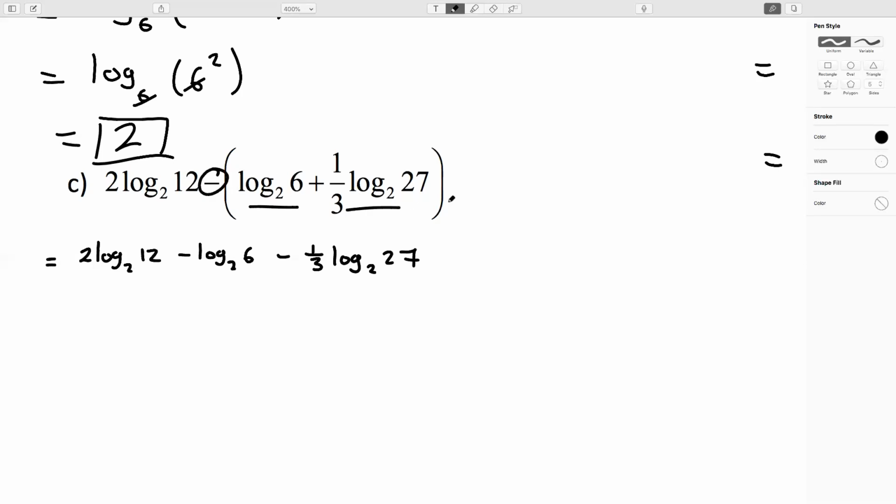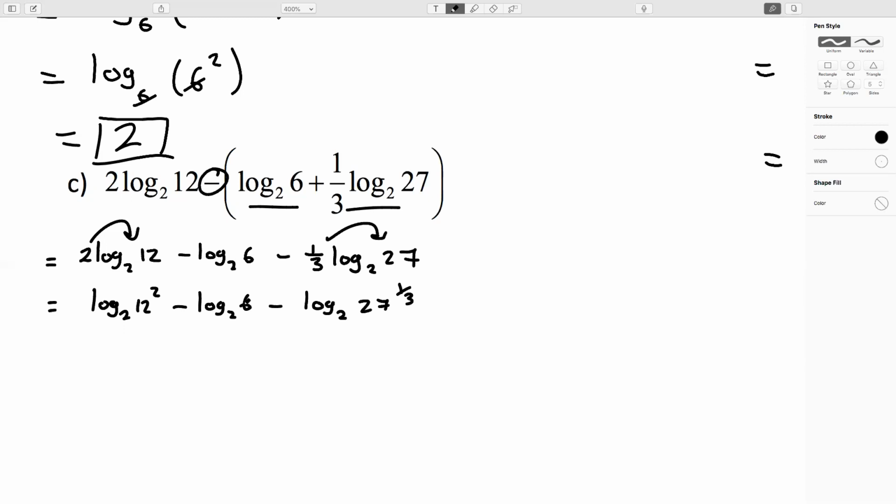Now I'm going to move everything into my exponents. I can't really join them together if there's a coefficient in front. So I'm going to move this 2 up, and I'm going to move this 1/3 up. So this will turn into log base 2 of 12 squared minus log base 2 of 6 minus log base 2 of 27 to the 1/3. I've got a choice now. I can join everything together,